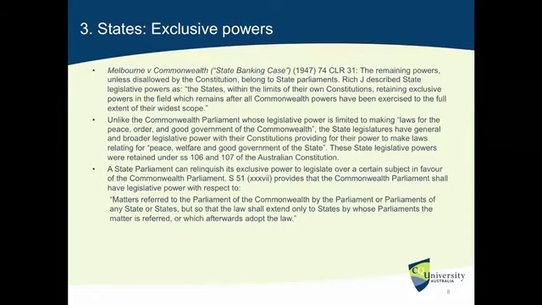And this is the reason why you will now see that much of the legislation concerning welfare matters are actually based on laws that have been passed by the Australian Commonwealth Parliament. And that is because in those instances, the state parliaments relinquish their power to legislate in relation to